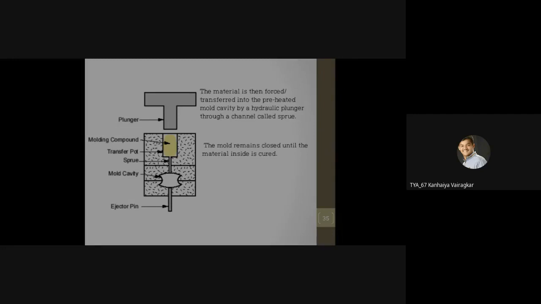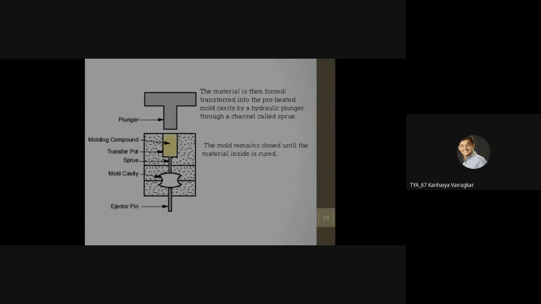Now what is happening here? At the start, instead of putting the material directly into the mold cavity, the material is kept in the transfer pot. Sometimes it is preheated material, or you can heat that material in the transfer pot also. Heating doesn't require any complicated mechanism.